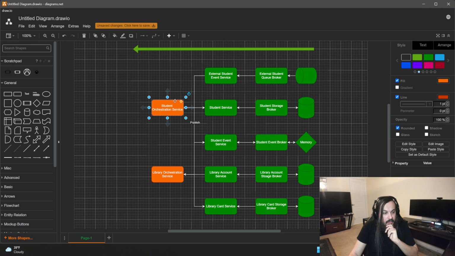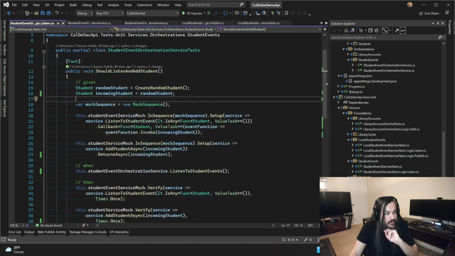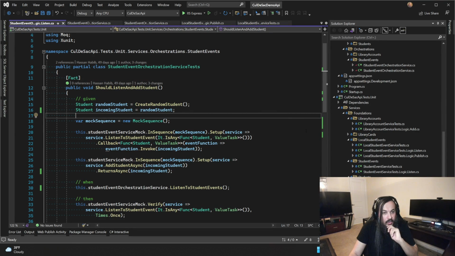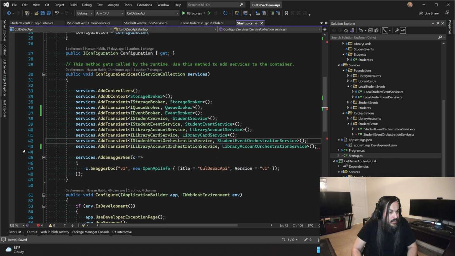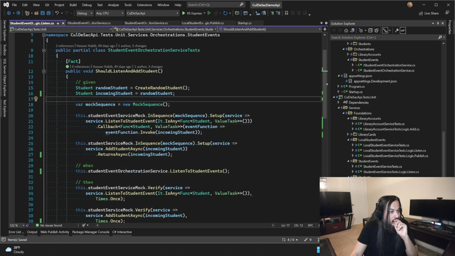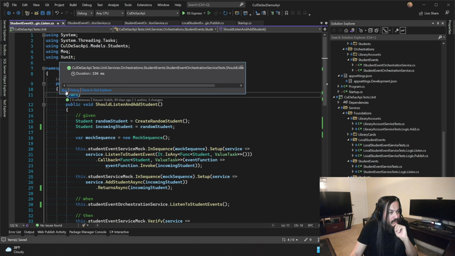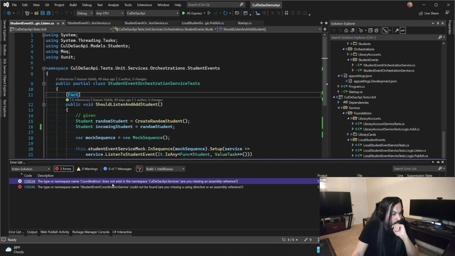I think this, yeah, I think this one is almost done. Let's just go back here. So you basically say add student async. Now, can I run this guy? Oh, we also need to get rid of the startup CS guy. And while we're at it, let's go and add local student event service. Local student event service. Okay, let's go back here. Let's run this guy that was happy. This guy should be sad now because it's test driven, right? So, okay, what did we forget here?